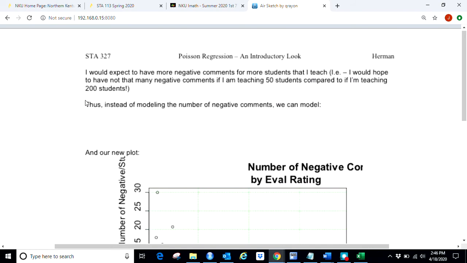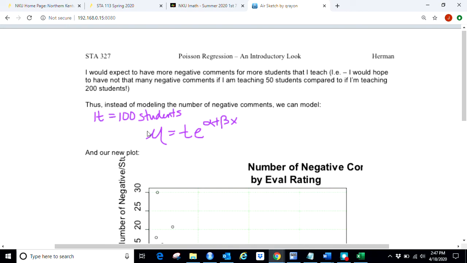So what we've done here is I've now modeled the number of negative comments per 100 students. So I'm letting the t that we're talking about here be 100 students. And so now I'm going to be modeling mu equal to t e to the alpha plus beta x. So in a sense, I'm trying to put everyone on the same playing field, because if you have a different number of students, you're probably going to expect a different number of negative comments. So let's now model your number of negative